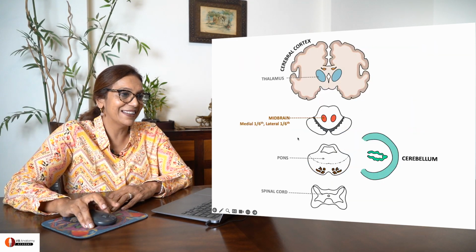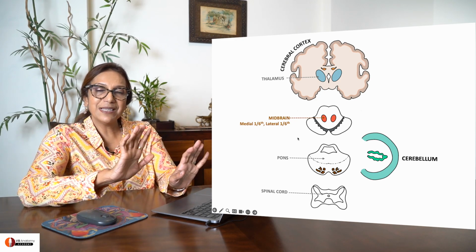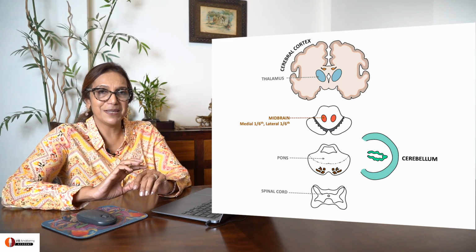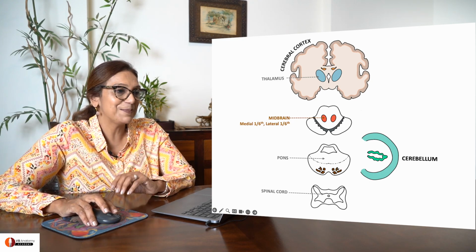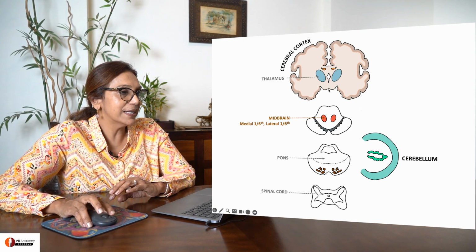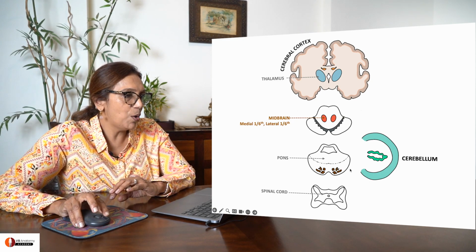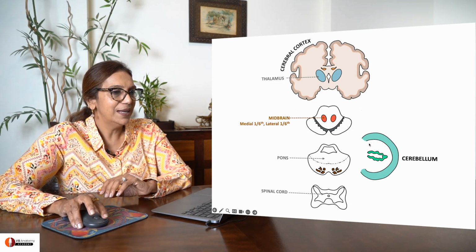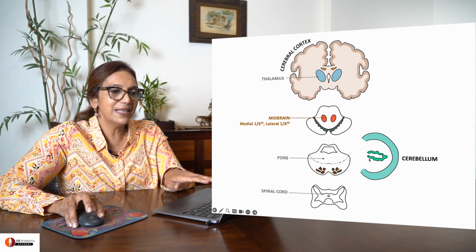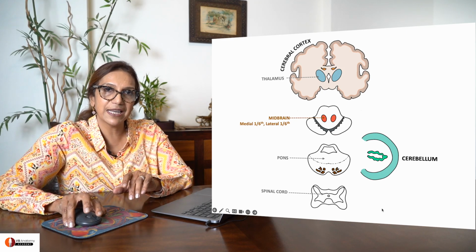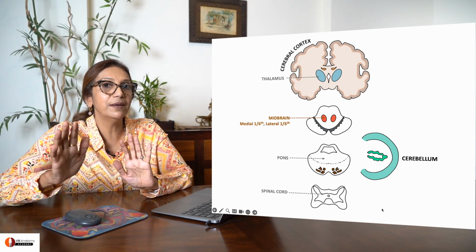Let's understand that. So orient yourself now to this very beautiful image. I'm really fond of this. I hope you enjoy this. Use it well. This is your cerebral cortex. This is the midbrain, pons, spinal cord, and so on. And here is your cerebellum. Note, cerebral cortex of the right side, cerebellum of the left side are the involved parties.